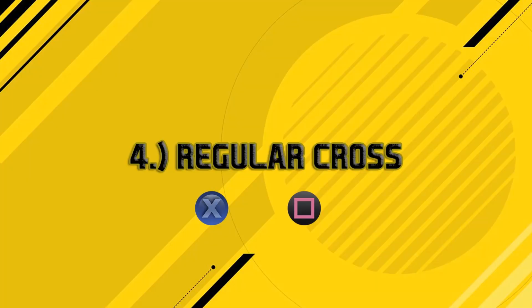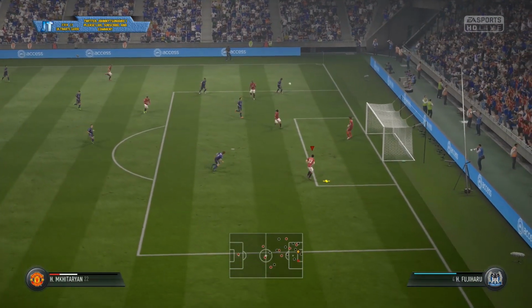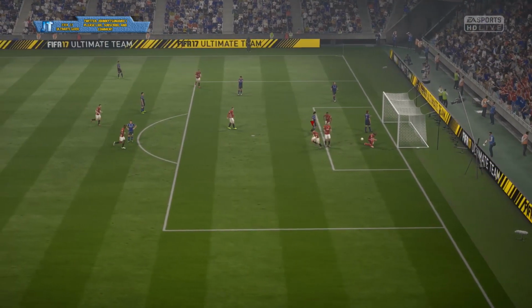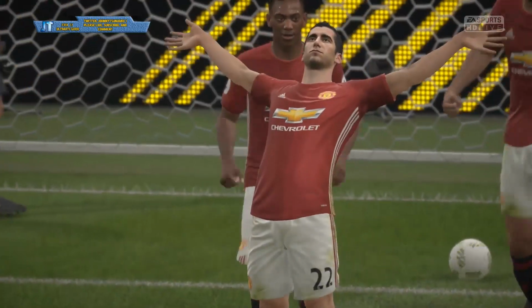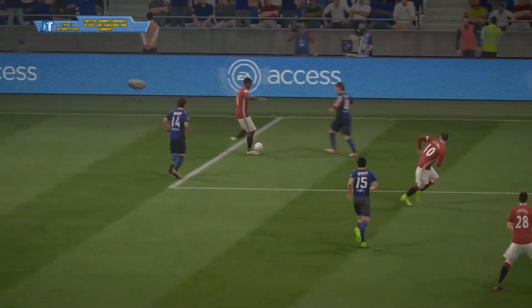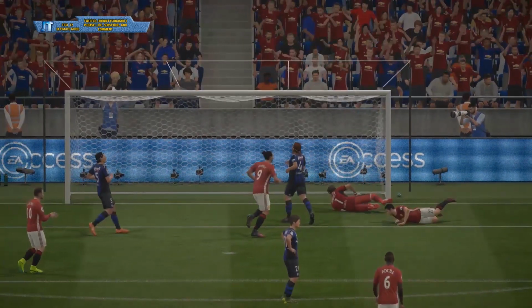ball. At number 4, we got the regular cross, guys. This is a simple cross done by pressing the X button or the square button on PlayStation. What makes this cross so good is that headers are so incredibly overpowered in FIFA 17. So just make sure to look in the middle of the pitch, see if there's somebody open. If there is, cross the ball to him, work with the power, figure out how much power you need, and get the ball to him, and you're going to score a ton of goals just by doing this nice little